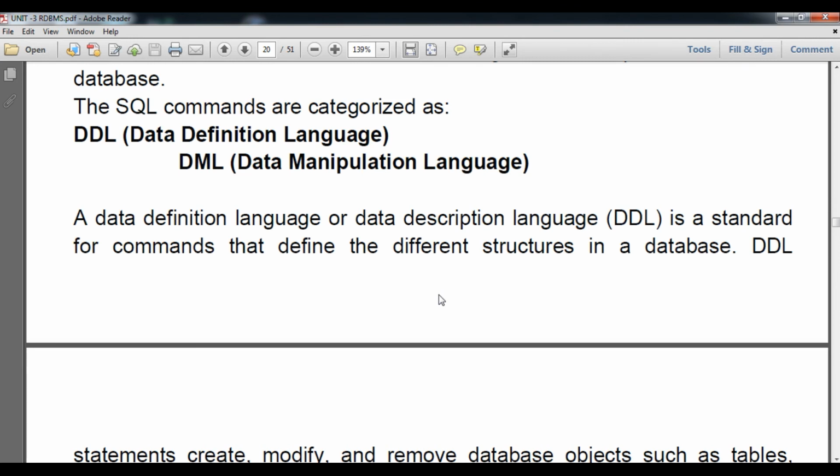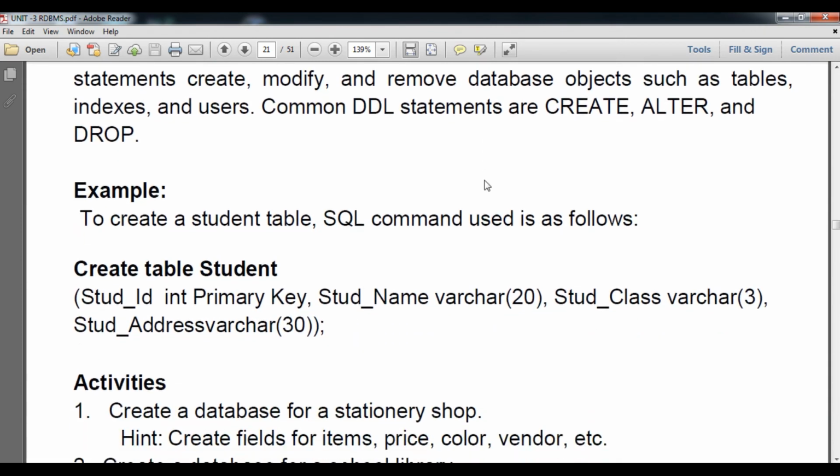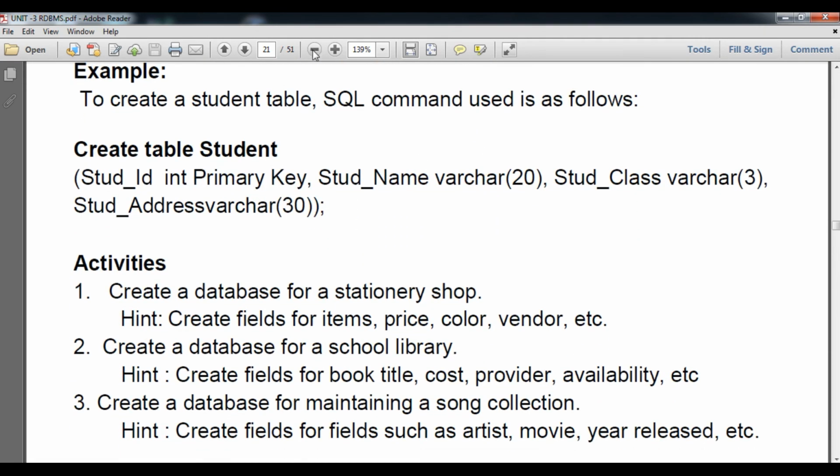Okay, so first of all, we have to understand what is the DDL command. Data definition language is actually a particular command that creates the structure of a database object like table, query, forms, report. Okay, and DML, that is data manipulation language, in which we can insert the data in a table. So here is a given example. To create a student detail, the SQL command uses the following commands. So here, create table name, then inside that, attributes and data types. Attributes means a field name, and data types means field type.